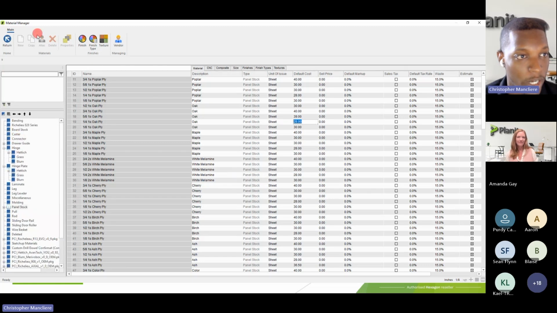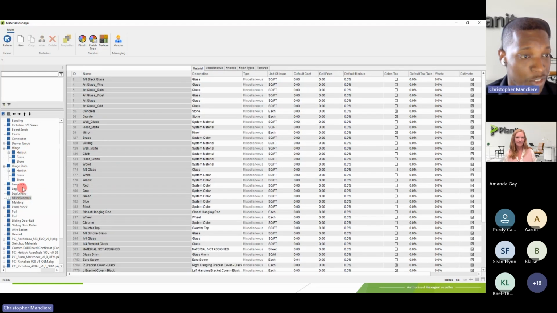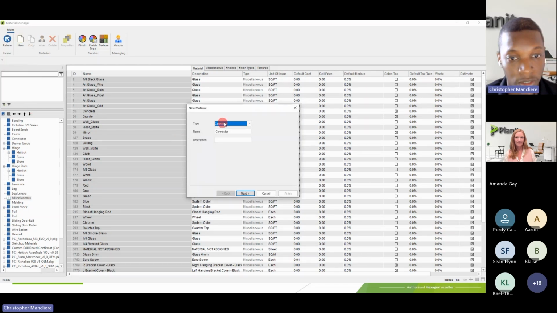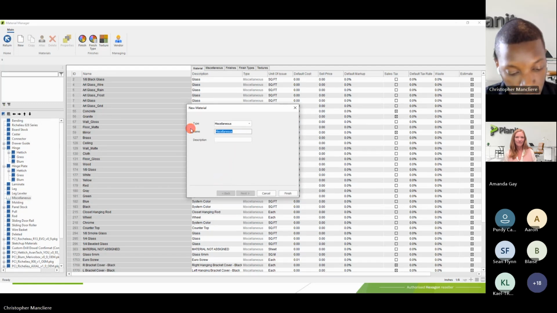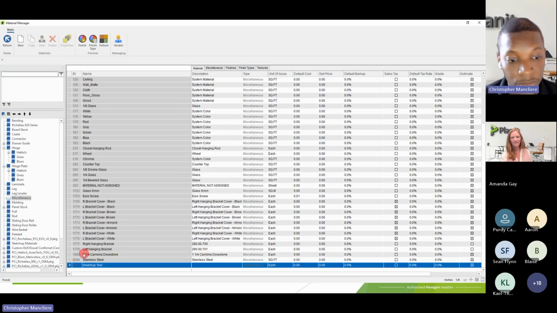And that's exactly where I am now. So you basically create a new material. The new material itself could be labeled as a miscellaneous material. So you could create a new one. You select, for example, the type miscellaneous. So the miscellaneous here, give it a name. Just call it SketchUp test. So you click finish,